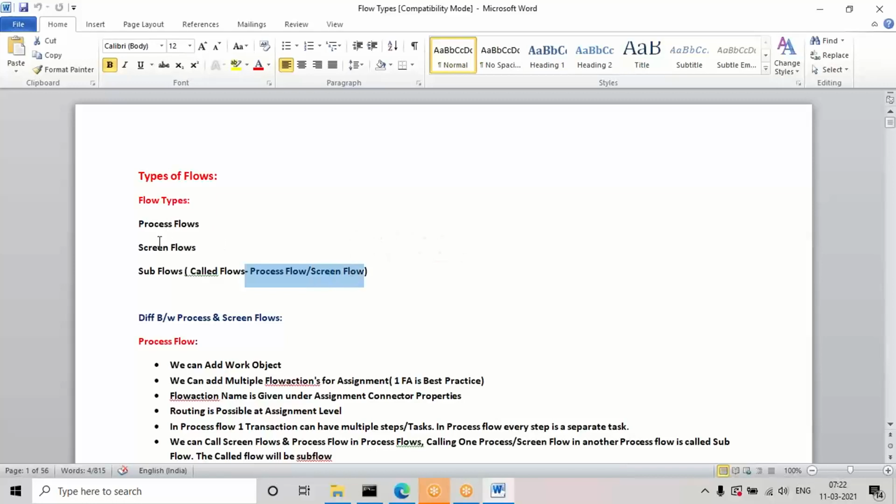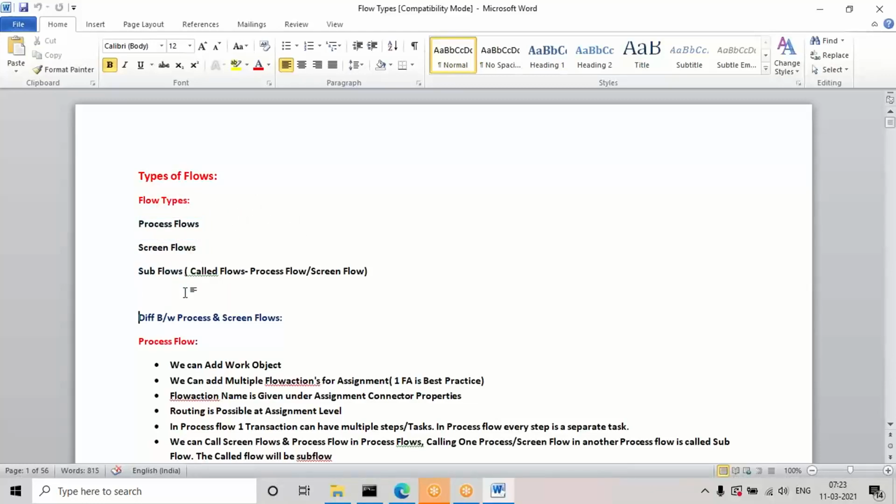Because in some cases, if you create a process flow, we may call it in some other flow. In the coming classes we'll create some process flows in some data classes, and at that time we have to compulsorily call them in the worklet. And apart from that, if you add a screen flow, we compulsorily need to call it in the process flow. So there are cases where we'll be calling screen flows in process flows and process flows in process flows, and we term those subflows.